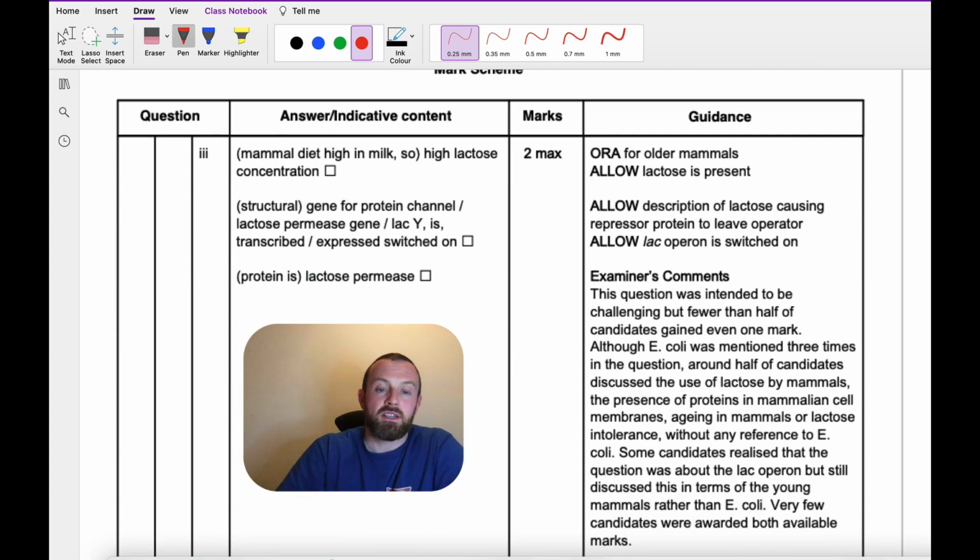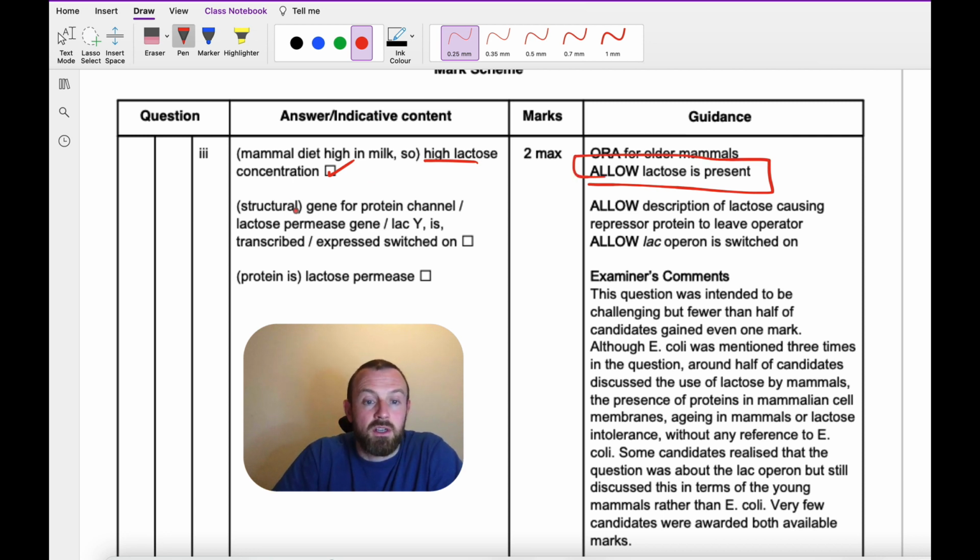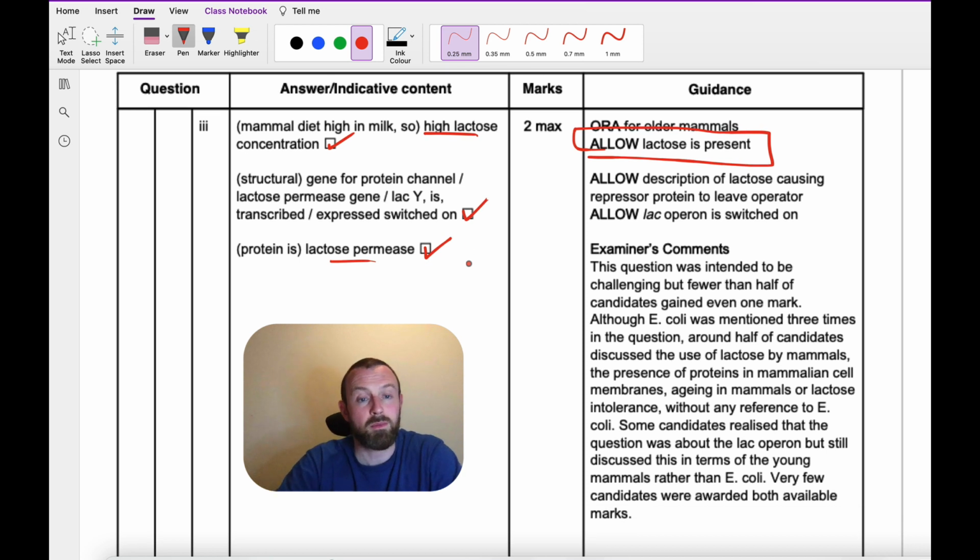So the mammal diet has high lactose concentration. You could have just said that lactose is present in the intestines of young mammals. You should have said the structural gene, or the lactose permease gene, or LAC-Y, is transcribed or expressed or switched on, and the protein is lactose permease. So, okay, there's three potential mark points there, but as I said, I think this question could come up in